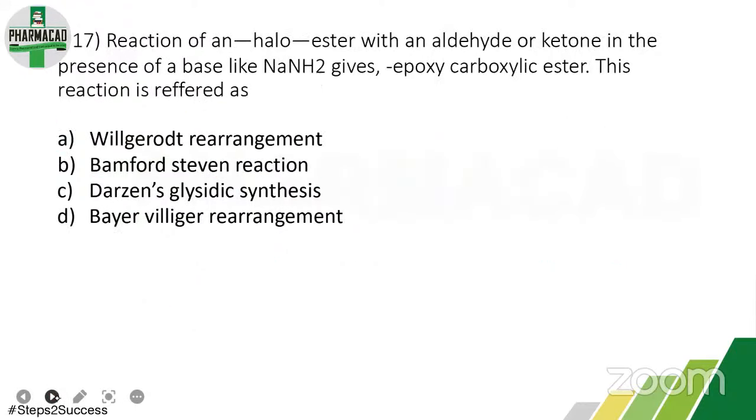Next is: reaction of an alpha-halo ester with an aldehyde or ketone in presence of a base, which gives epoxy carboxylic ester. That reaction is referred as. So we will see one by one. So what happens in the Willgerodt rearrangement? Ketone, phenyl methyl ketone